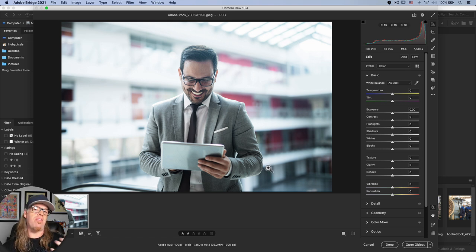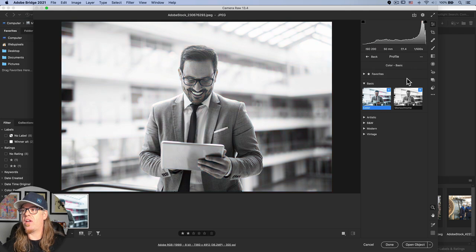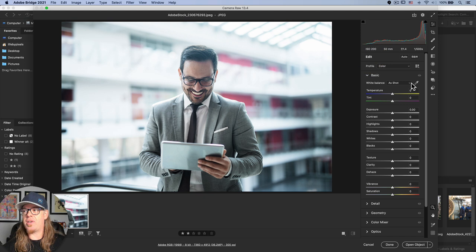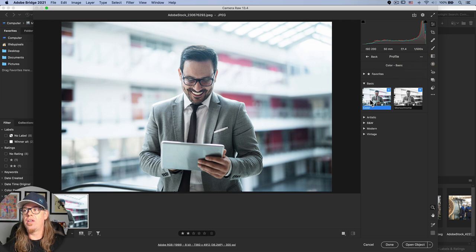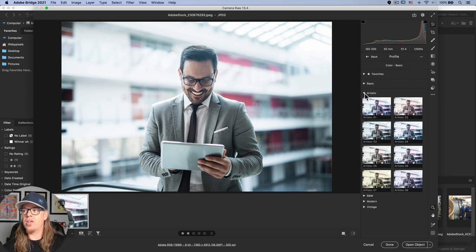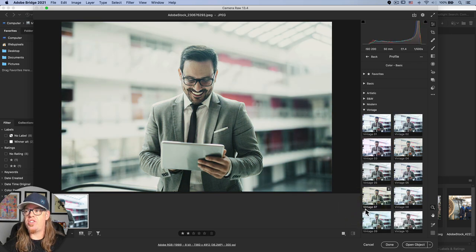So the engine like you have in Lightroom is actually built right here in Bridge, which means we could do some really interesting things. Let's go in here actually and maybe do something a bit more artistic. So let's see, if I go to some color profiles here, and if you didn't see that, just here at the top in Camera Raw, there's a little square area button next to Profile that says Browse Profiles. You can go down here and choose Artistic, and there's some color grading that's being done. You could do something that's more of a vintage treatment. We've got some color profiles in here. Okay, so let's choose something like